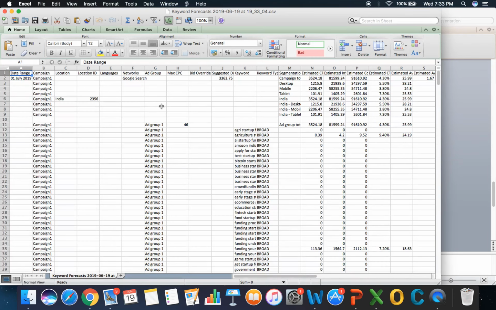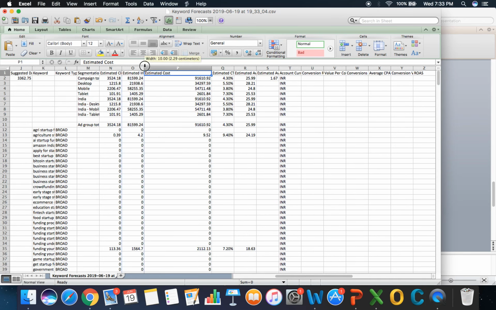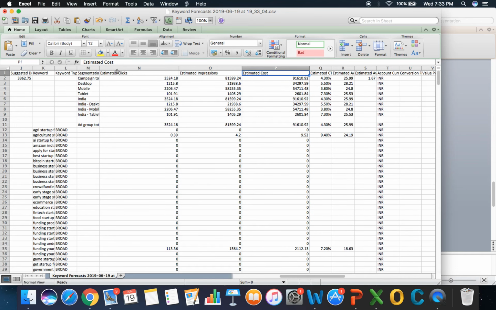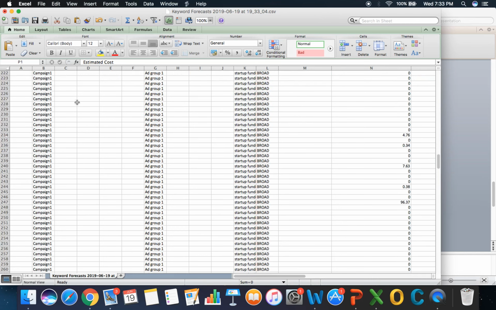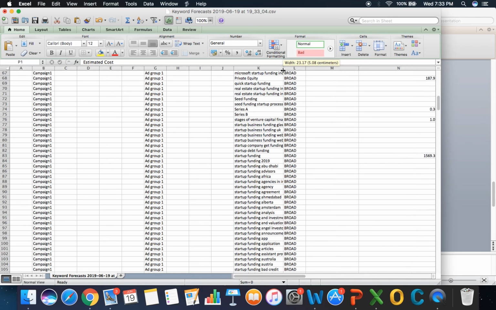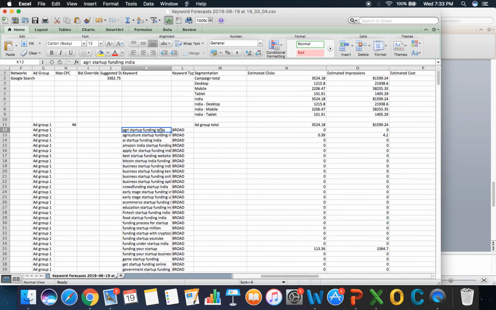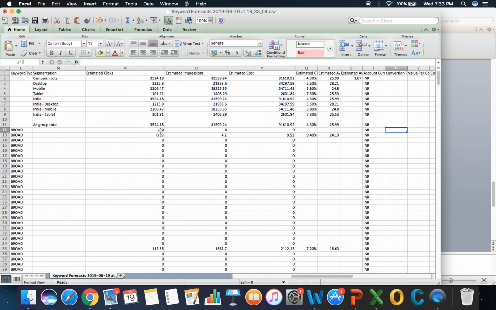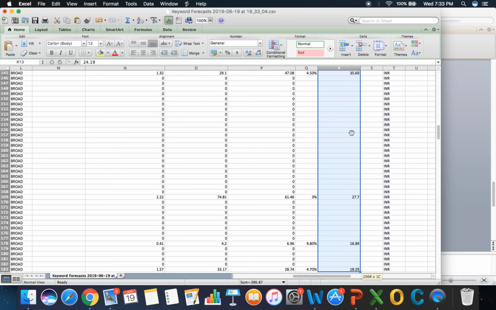In fact, I'm going to beautify some of this and remove a lot of the estimated cost per click columns. So you can remove some of the unnecessary columns that you're not looking at. Right, so these are the keywords that I am looking at. These keywords are already there, this starts from here. All I'm looking at is the search volume and the estimated average cost per click. So I can just copy paste this.